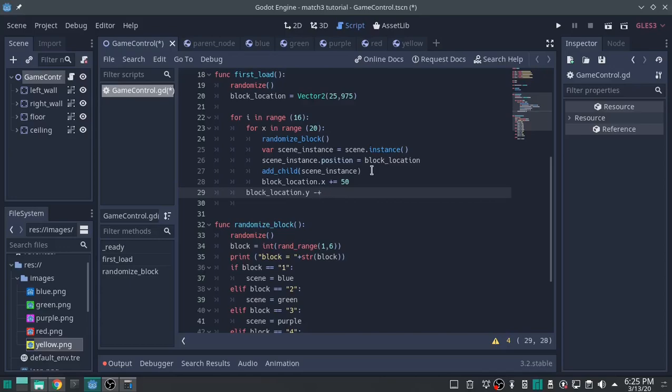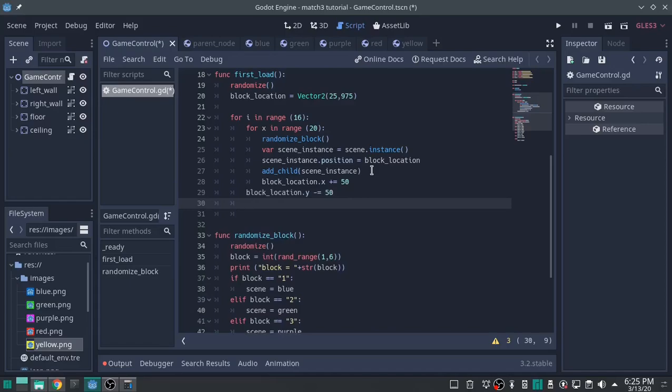Keep in mind when you're going up, it's negative or subtraction, and it's not minus plus, it's minus equals. And we need to reset the location x back to the left side starting point. So location x equals 25. And I think